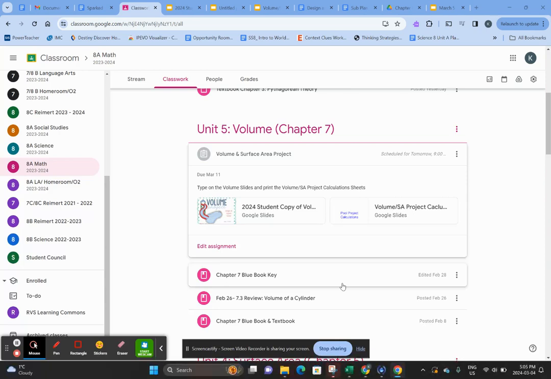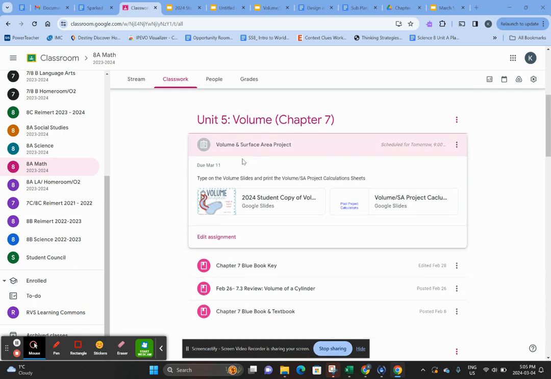Today is March 5th, and we're going to be working on our volume project for the rest of this week. It's going to be a project dealing with pools. So if you go to Google Classroom under Unit 5 volume, it says volume and surface area. You have your own copy of this slideshow, and I have printed out the page for you to write out your calculations. So if you click on the slideshow,